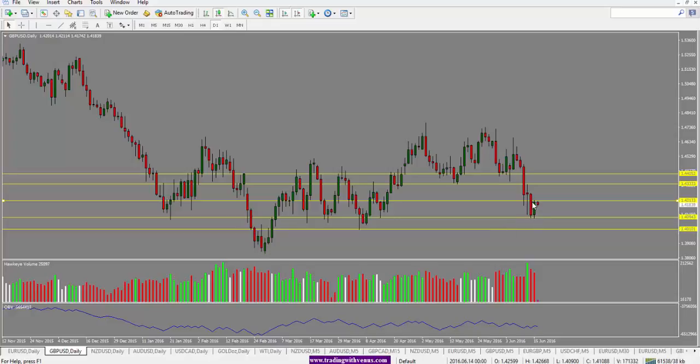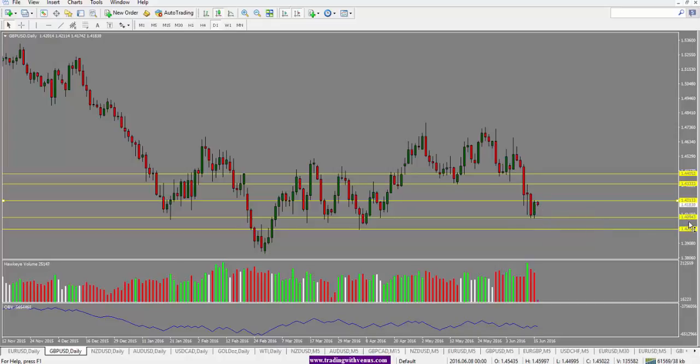Moving on to the British pound here, we did see the pound come into support at 1.4100, and since then it has pushed up. And at this point, even though this is a bullish close on the day, we could still see, with all the Brexit concerns, and also the interest rate statement and the monetary policy statement out of the Bank of England tomorrow, a volatile pair, and we would be open to direction in this market.